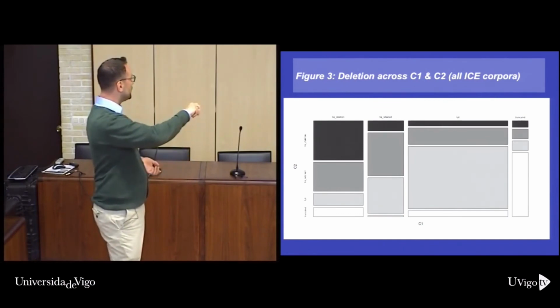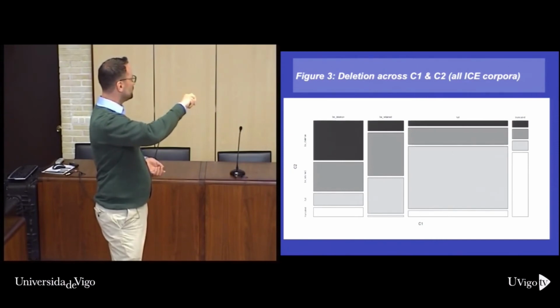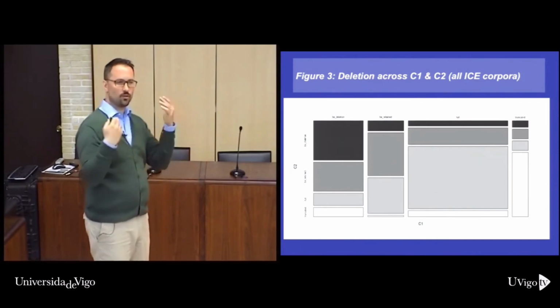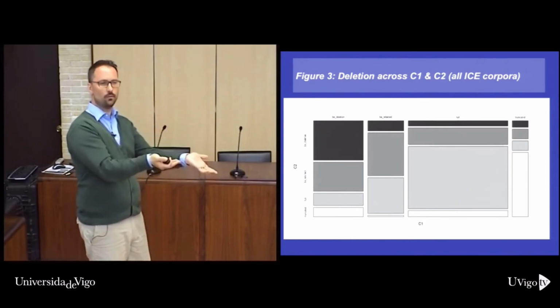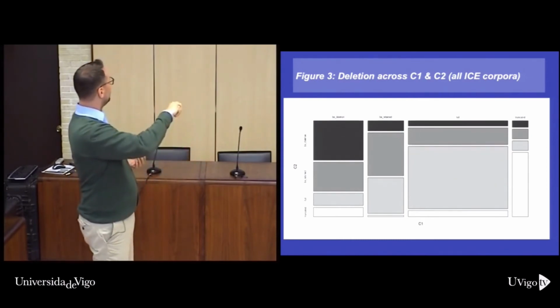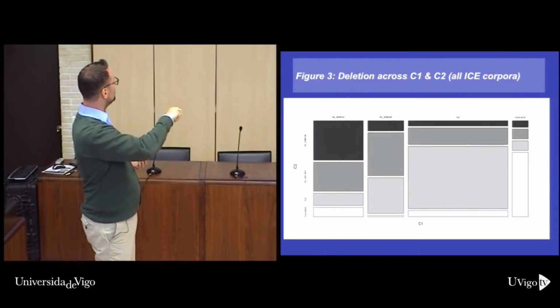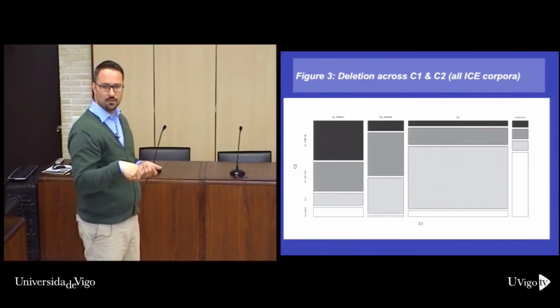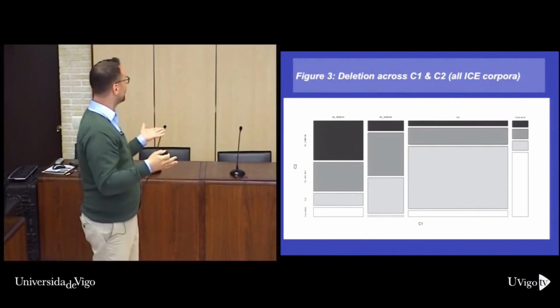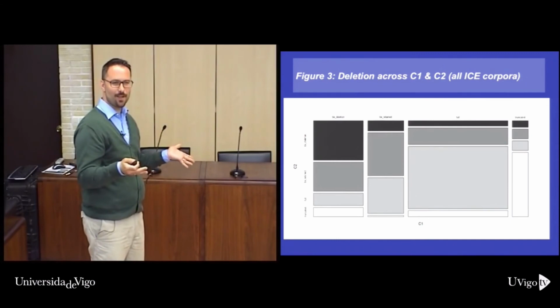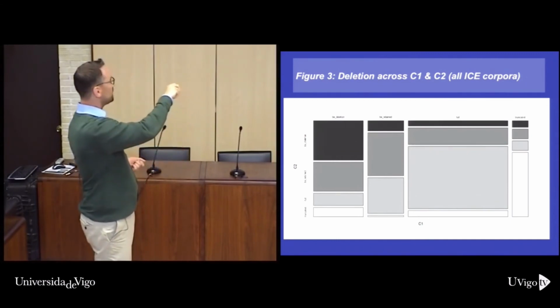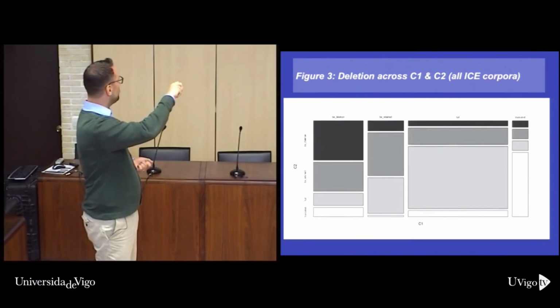So the biggest chunk, if C1 is a full clause, is this here. And that's also full clause here. So we get a parallel kind of pattern. If the first clause has no B and is full, the second one is also full and B. If the first clause has B deletion, what's the biggest chunk? In terms also of color, if you can't read it, what's the biggest square? The black one. And if I look here, that's B deletion. So if you get B deletion in the first one, the biggest chunk is B deletion in the second one. If you've got B retained in the second one, the biggest one is gray, and gray is B retained.